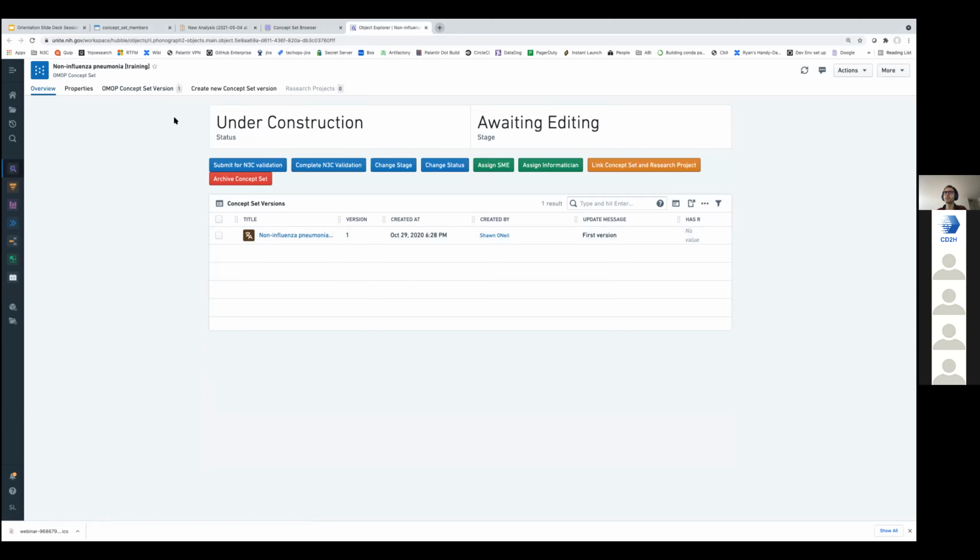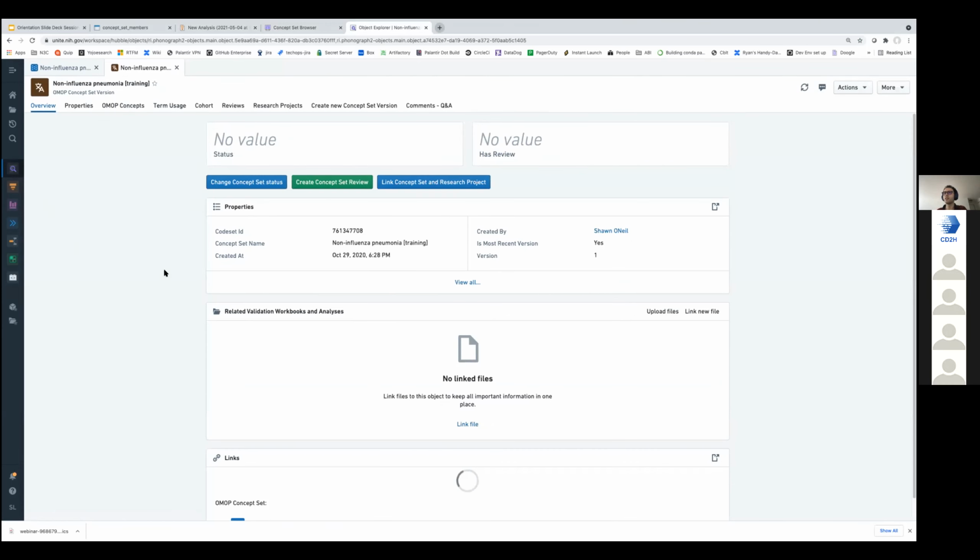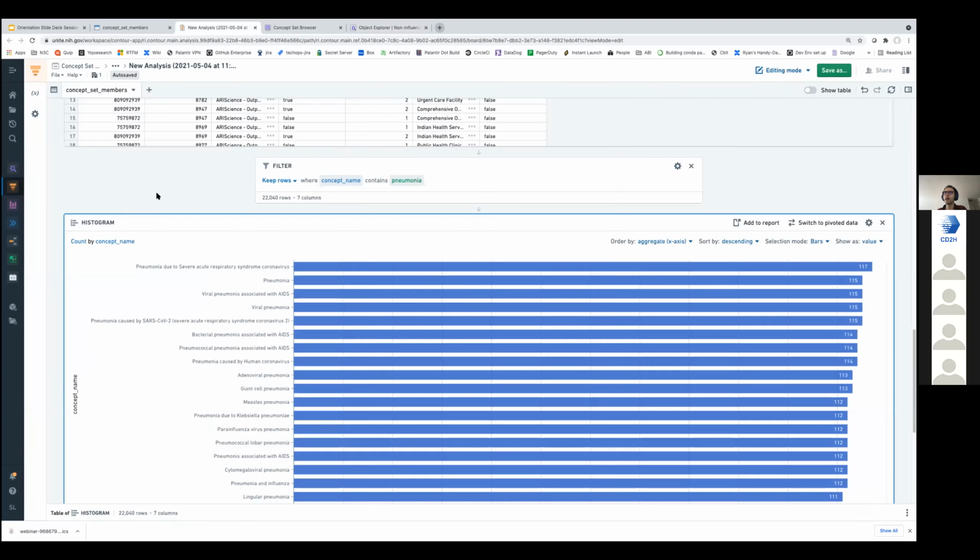And so this concept set only has one version. And one thing that is useful for my analysis is this code set ID. So this is what I am going to be using in my contour analysis. So if I grab this code set ID, and then I go back here, and now